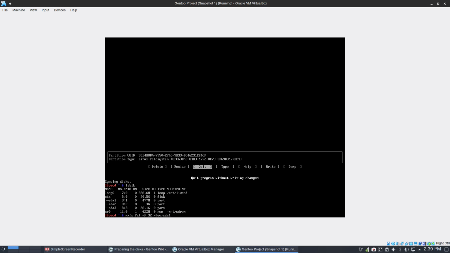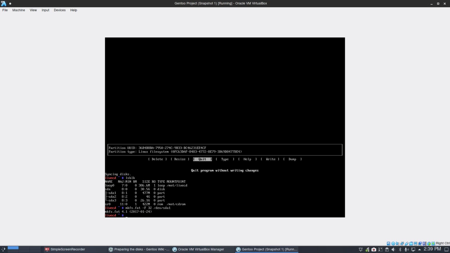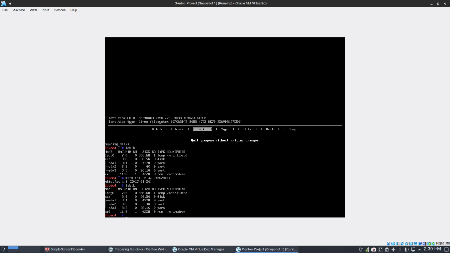Let's think about this. This is EFI, all right? So that's SDA1. Boom, that's done. I don't know if we can see already something. No, not via this application. Then we're going to make the swap. Make swap